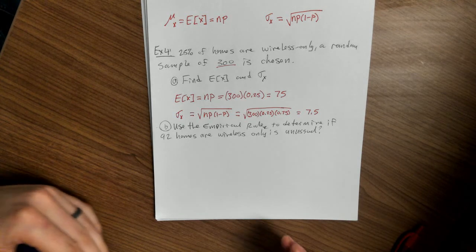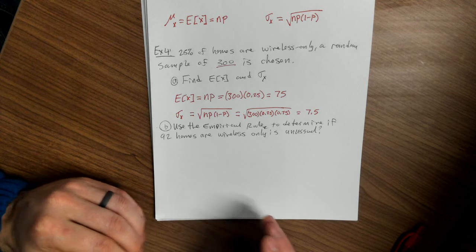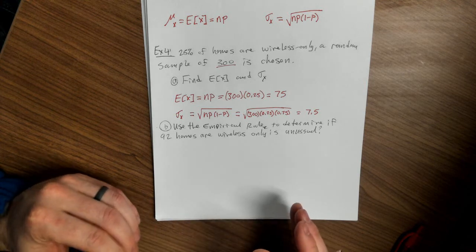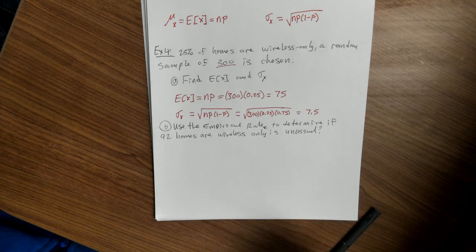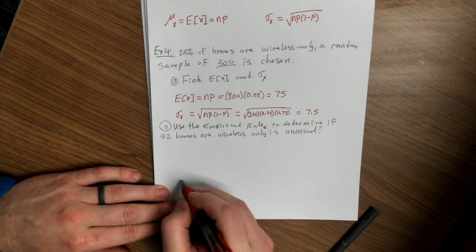So if something is unusual, that means it lies outside of the 2 standard deviation range, or out of that 95% range. So real quick, let's just draw